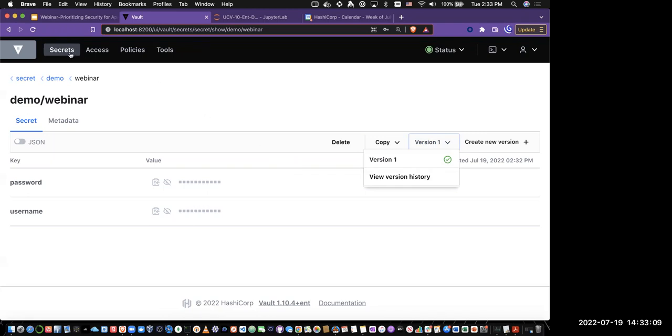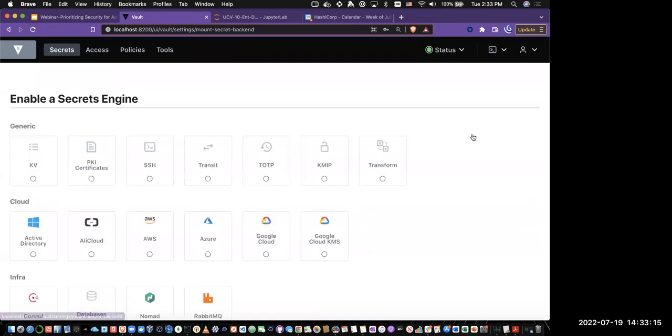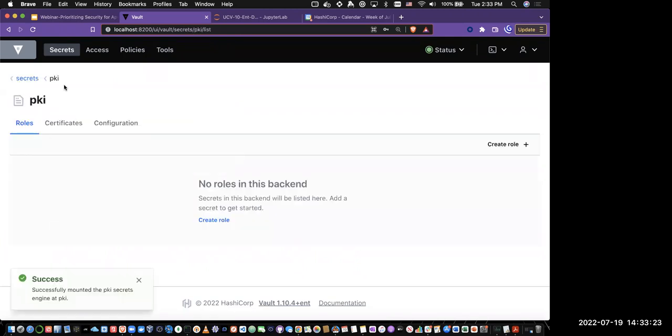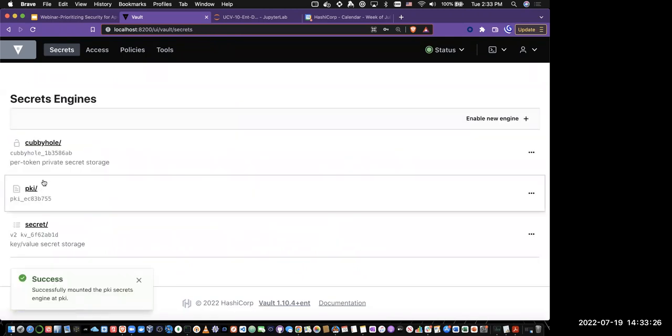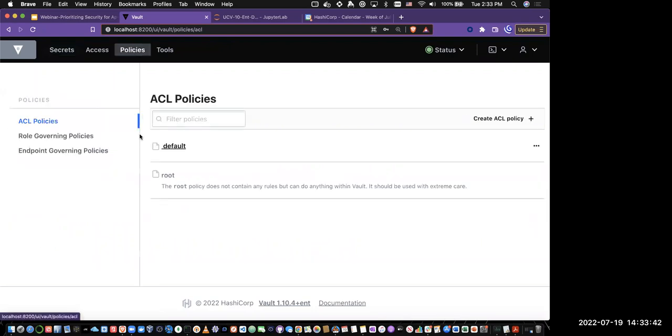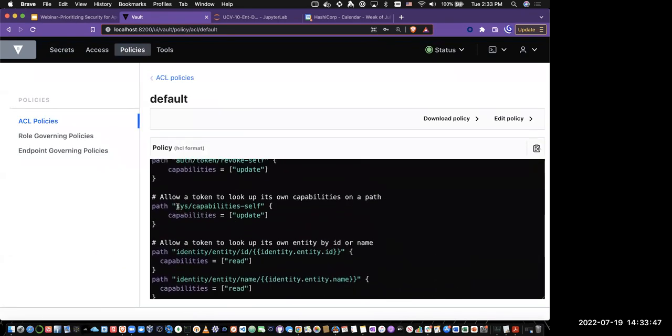So this is a simple example of a key value store. And I can mount additional ones, right? If I wanted to mount the certificate generator, I can do so. I can say that's the path, I enable it. And so now I have a certificate generator. This is just a default session only secret store and the key value store that I had. So Vault is very flexible in allowing you to have many, many different types of secret engines enabled at any time. All of these are accessed and managed by policies that simply say, if you're going to the path,